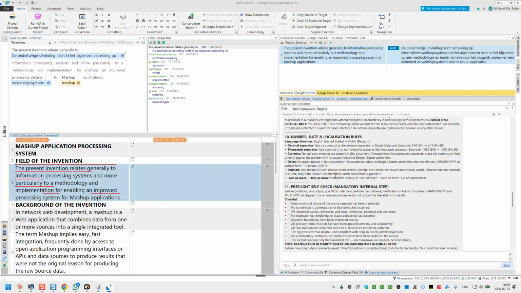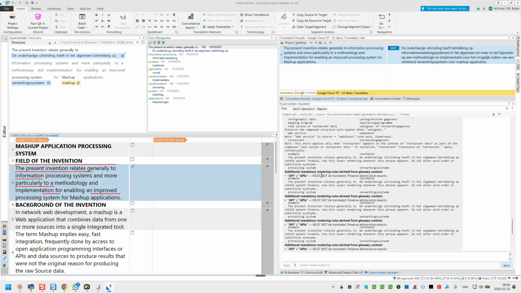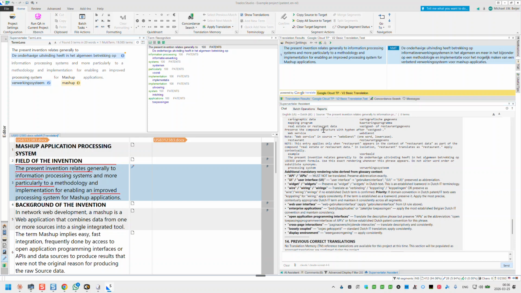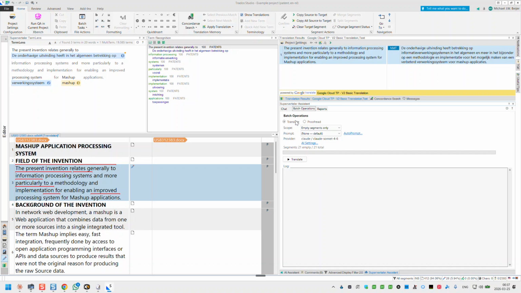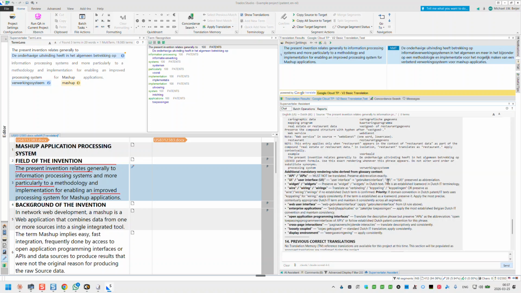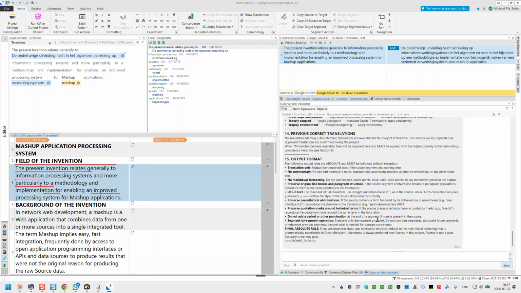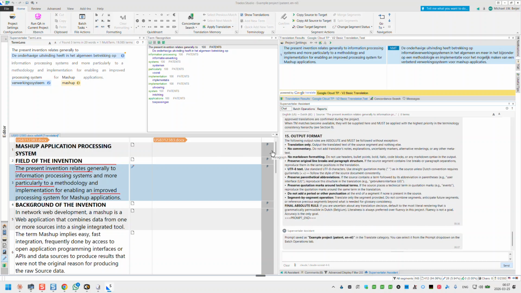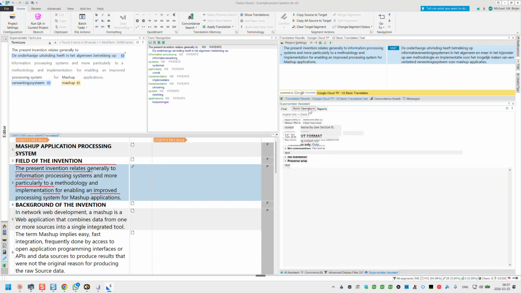So look at this. And we're in the chat window now. That's where the prompts get shown. So we were in the batch operations tab, but it switches to the chat window, which is where all the stuff happens, all the communication happens. So if you like the prompt, you right click on the prompt and you say save as prompt. It will name it after your project. You just click save. And now it will be available